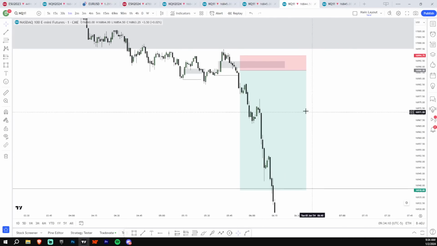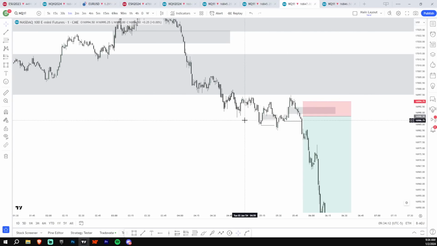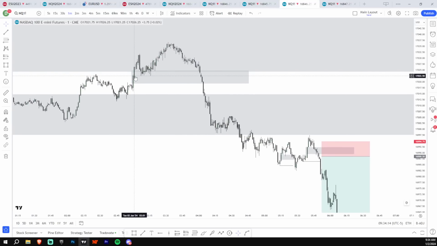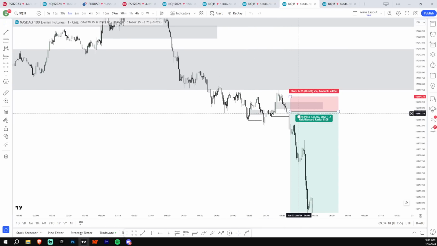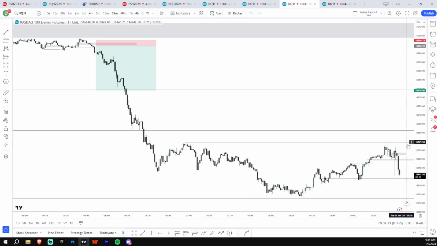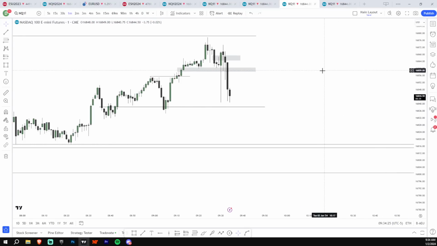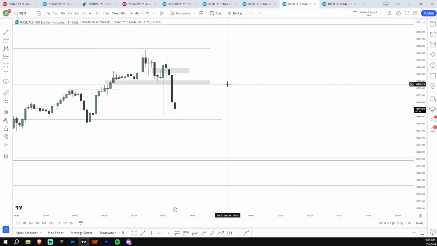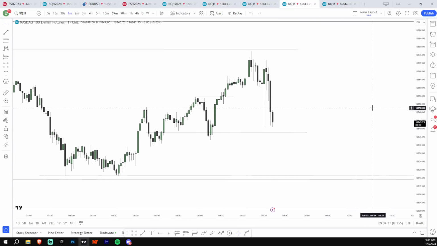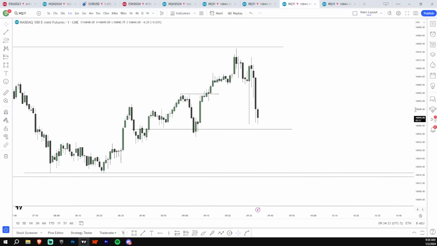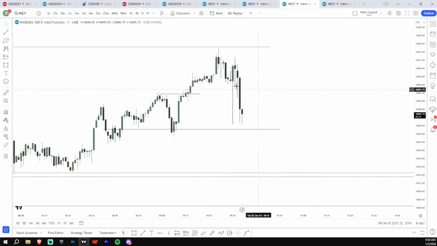But that was kind of the only entry I saw for London. This was more risky because we had not inversed the hourly fair value gap yet. Meanwhile, down here, we inversed the hourly already. So this is your short confirmation entry. So does everyone understand kind of London? Yes, there was a short higher, but the short after inversing the hourly fair value gap only appeared once.